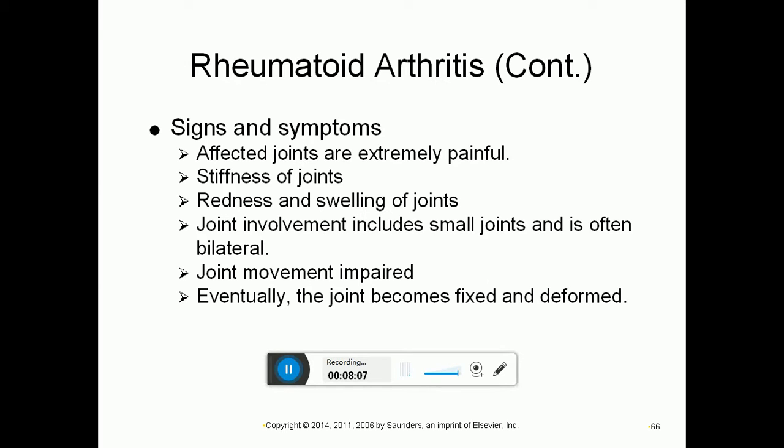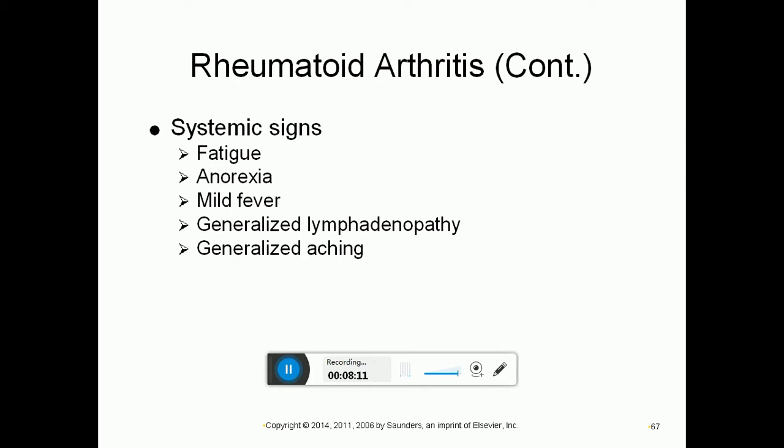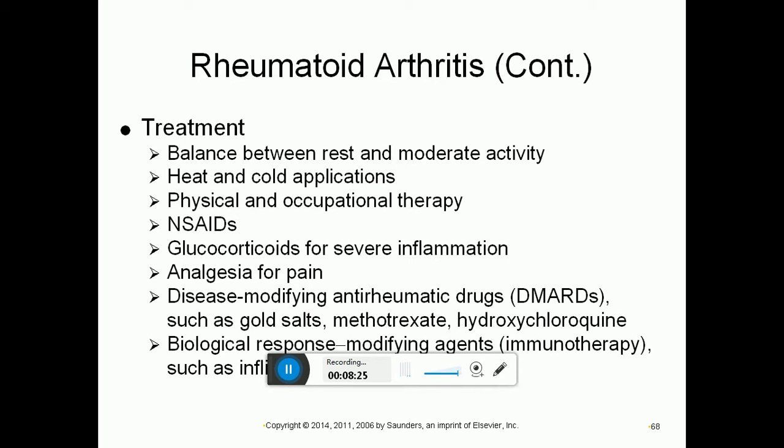Okay, and there are systemic effects. There's fatigue, anorexia, and loss of weight. Because of its systemic involvement, you can find generalized lymphadenopathy, or generalized enlarged lymph nodes throughout the body, and generalized muscle aches. To treat this,